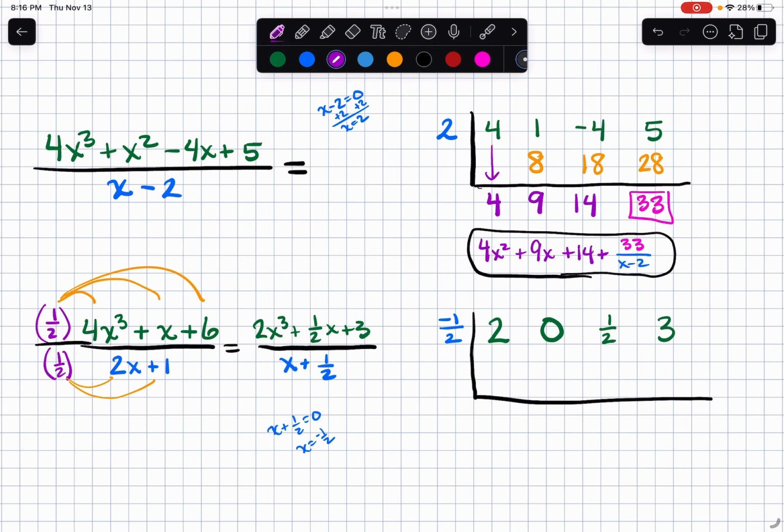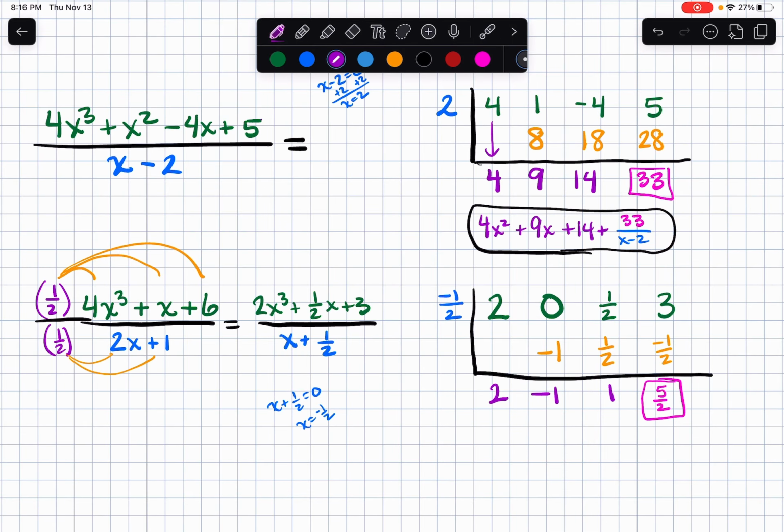So step 1, I'm going to bring my 2 down. 2 multiplied by negative 1/2 gives me negative 1. 0 minus 1 is negative 1. Negative 1 times negative 1/2 is positive 1/2. 1/2 plus 1/2 is 1. 1 times negative 1/2 is negative 1/2. 3 minus 1/2, and this is another example of where it gets a little annoying. 3 minus 1/2 is 2.5, or 5/2,